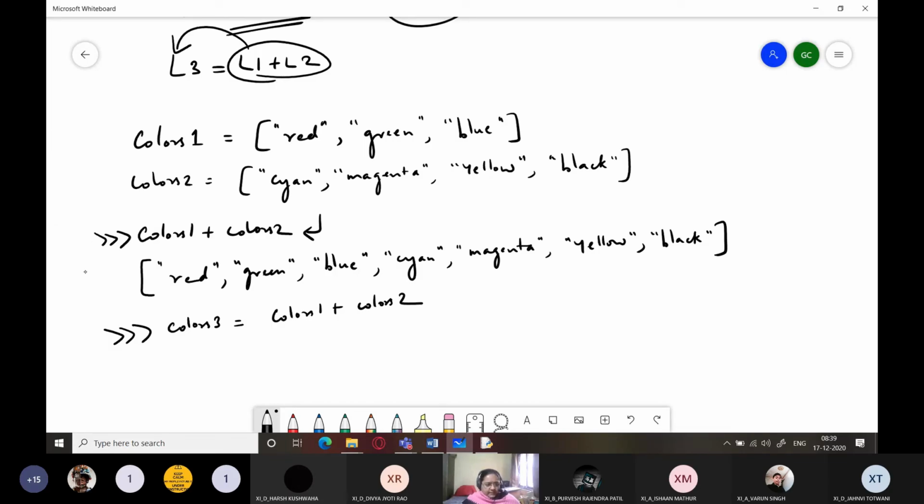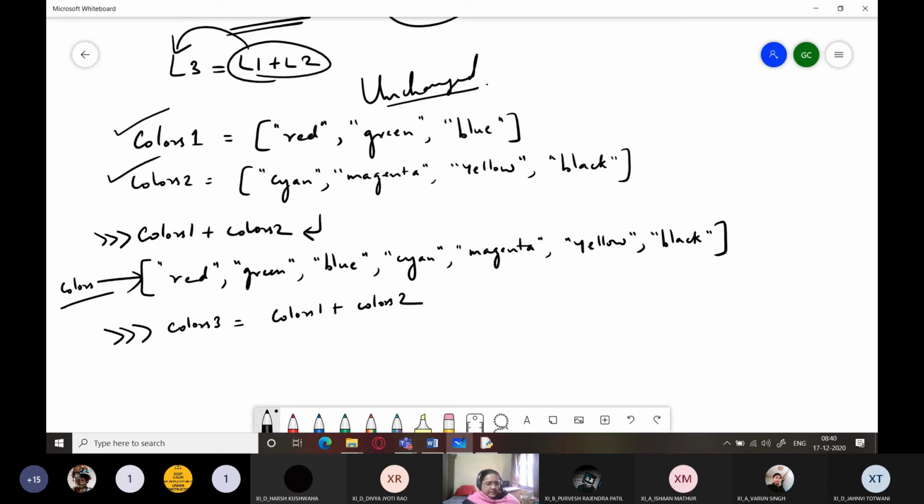What will happen in this case? This colors3 will be pointing to this list. It will be a third list which contains all elements of colors1 and colors2. And colors1 will be unchanged, colors2 will be unchanged. जब आप दो लिस्ट को ज्वाइन करते हो तो एक अलग ही लिस्ट बनती है। ओरिजिनल लिस्ट्स में कुछ भी चेंज नहीं होता है, ना उनसे कुछ घटता है ना उसमें कुछ बढ़ता है। Got it? So these are the two original lists and they are completely unchanged, right?